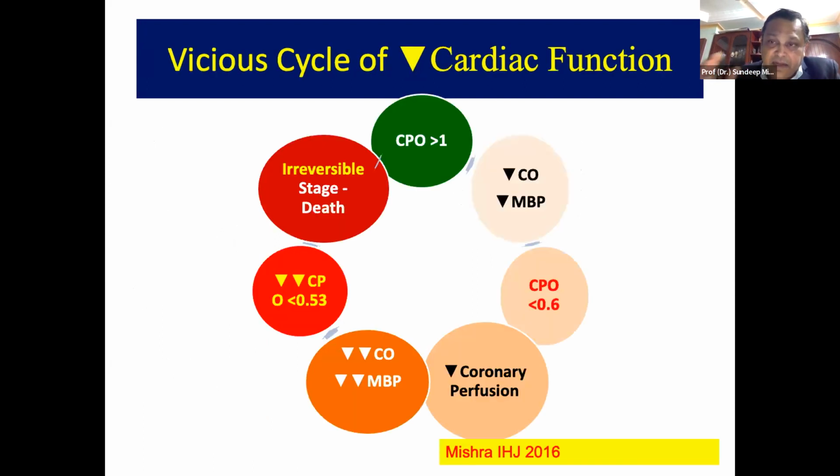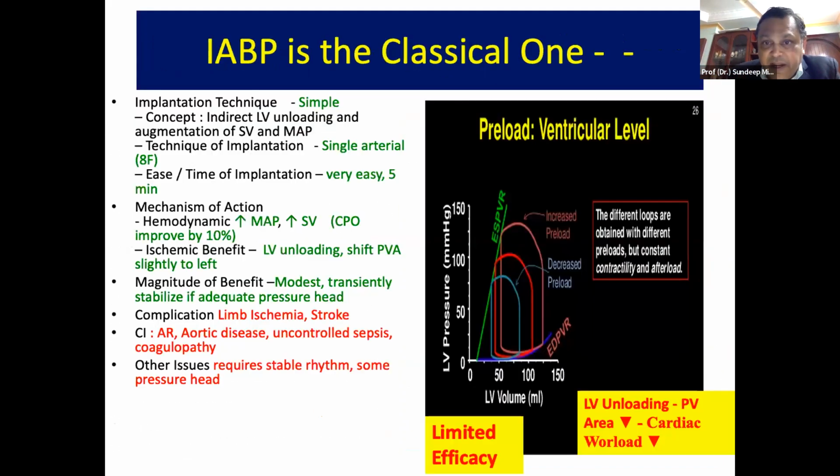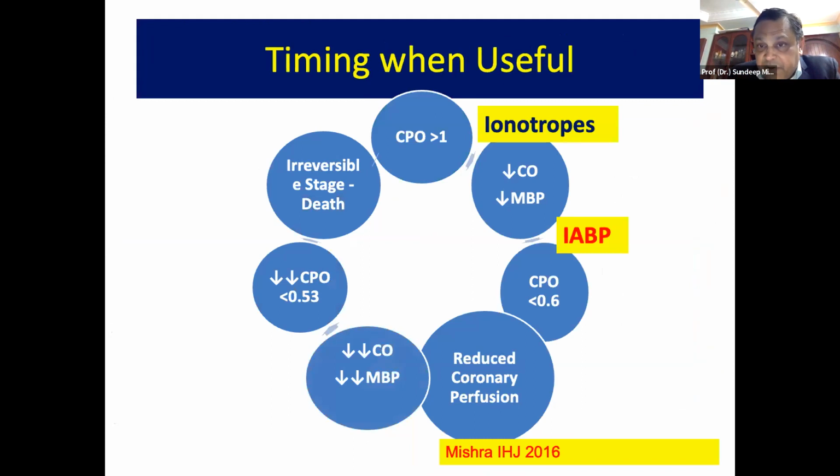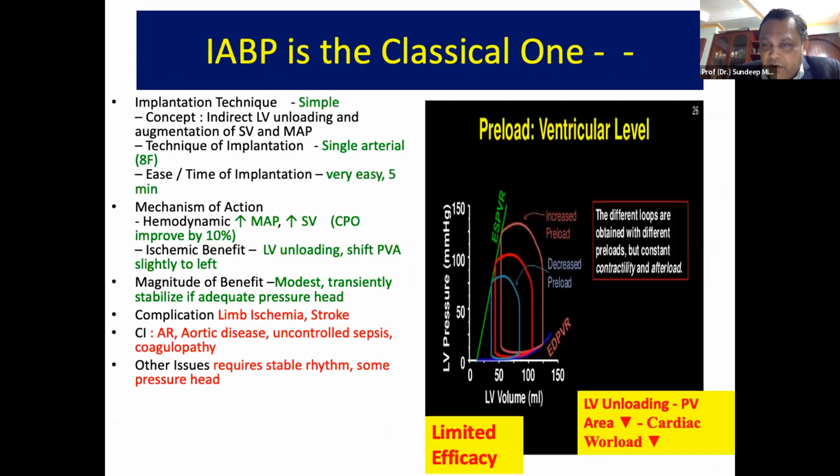The other part is that, as Dr. Ram also said, there is a very important issue with the timing of all these therapies. And it depends on what our CPO is, or the cardiac power product that I already talked to you about. If the CPO is more than 1, we need to do nothing. But once CPO starts falling, there is a point where IABP will help. And if it falls still further, to less than 0.6, then IABP will not work, and we may need other cardiac assist devices. I will not talk about that right now. Let Dr. Ram show us the thing, and then I will come back to this and discuss it.